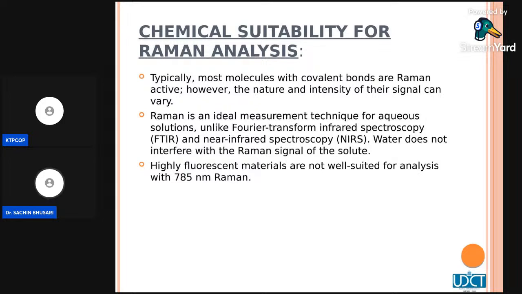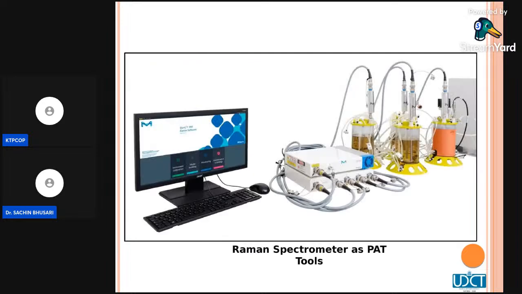In IR, if there is a huge amount of water or moisture in the sample, there will be a broad stretch of water, which will be prominently shown by the IR. So that's the problem with IR. But in Raman, water does not interfere in the Raman spectra, and that's the beautiful part of Raman, wherein you can neglect the presence of water and remove the interference of water. Okay. Now, highly fluorescent material cannot be analyzed with Raman. That is a limitation for this suitability.